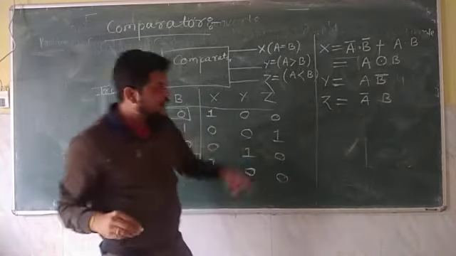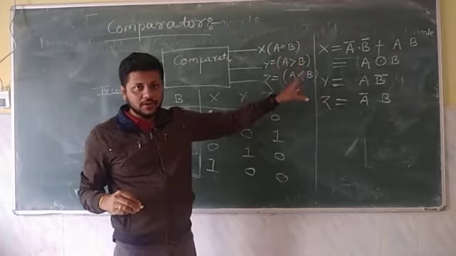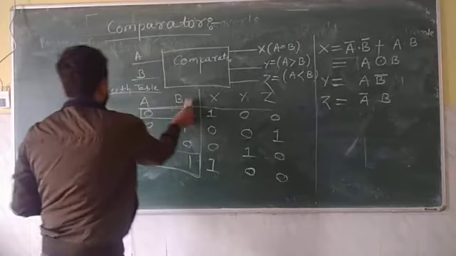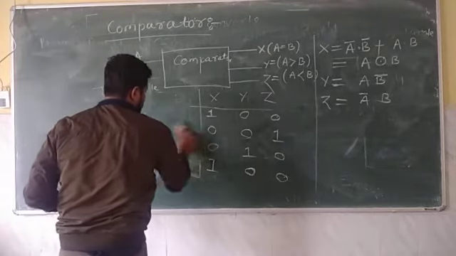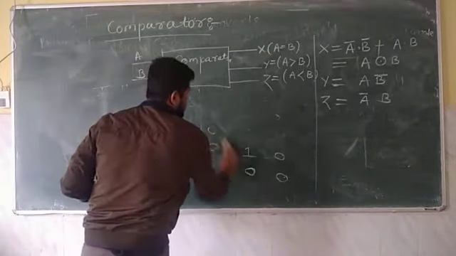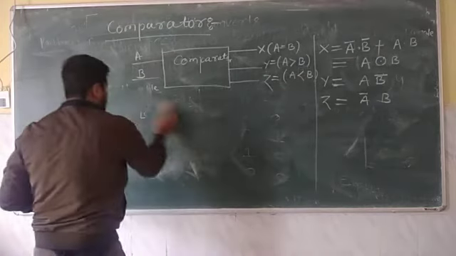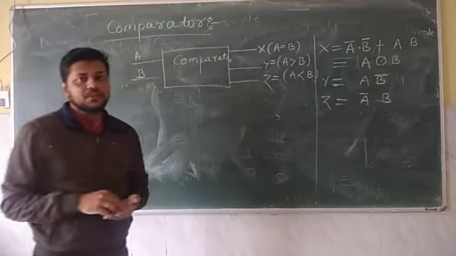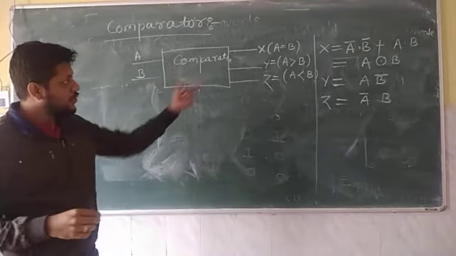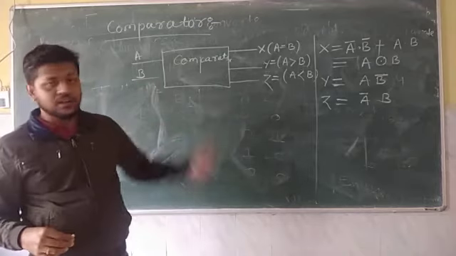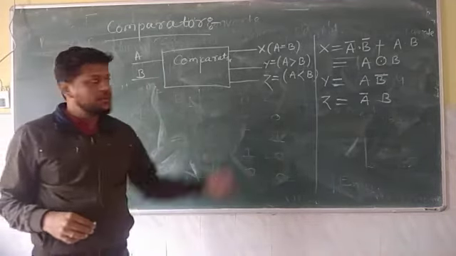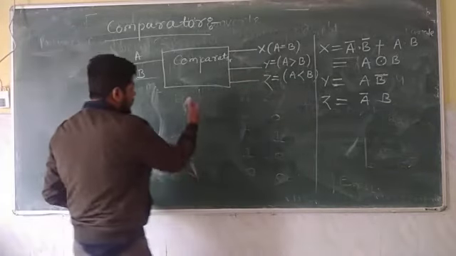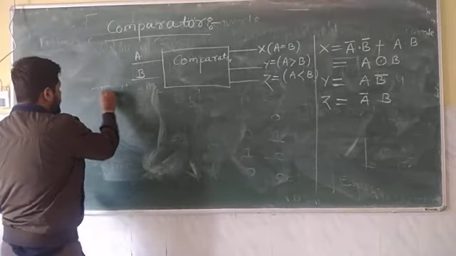So now we will take that logic expression and implement it in a logic circuit. So how to implement it? In your examination they will give a 5 marks question or 10 marks question like that. Design a 2-bit comparator. So this is the way. First we have to draw the block diagram like this. Second we have to draw the truth table. Third we write the logic expression, and fourth step is implementation by using logic gates.